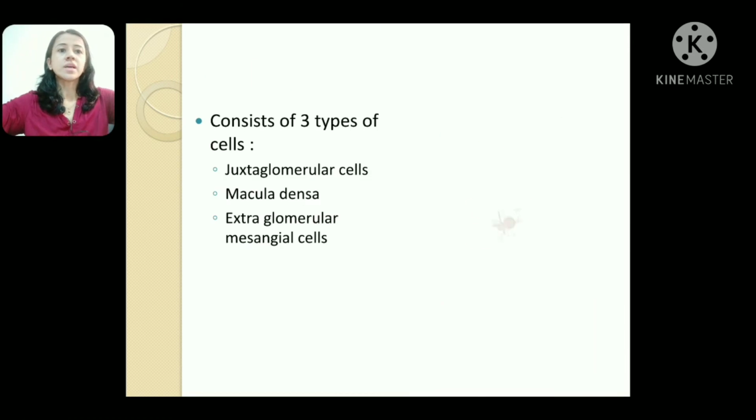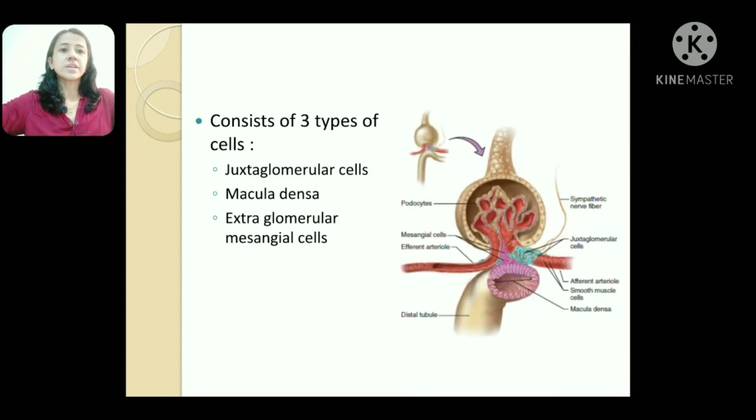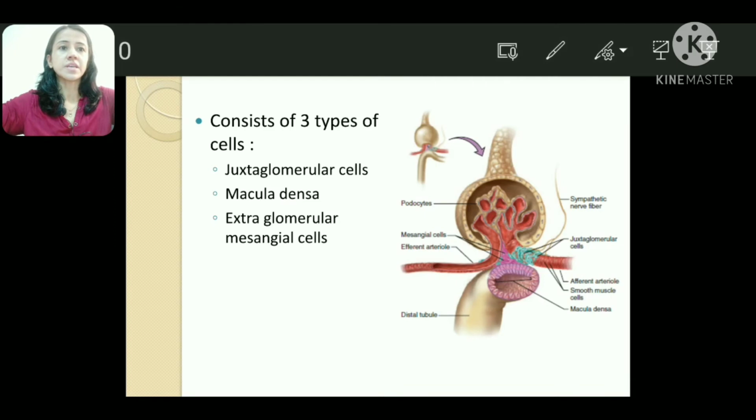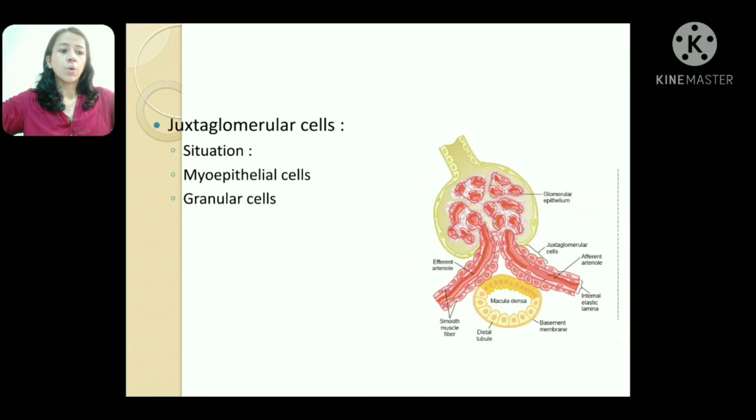Now, they consist of three things. One, that is JG cells. You can see here, these are in the afferent arterioles. We have JG cells. Second, that is macula densa cells. And third, that is extraglomerular mesangial cells. Here you can see. Now, JG cells, also known as juxtaglomerular cells, are situated in the wall of afferent